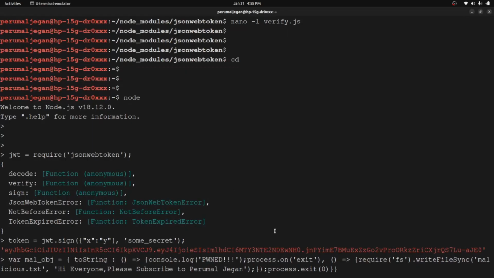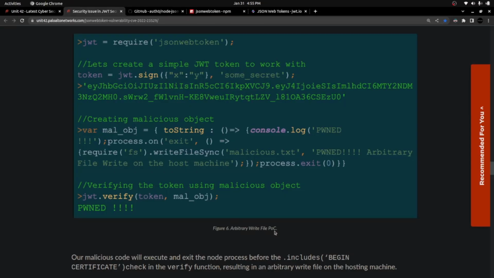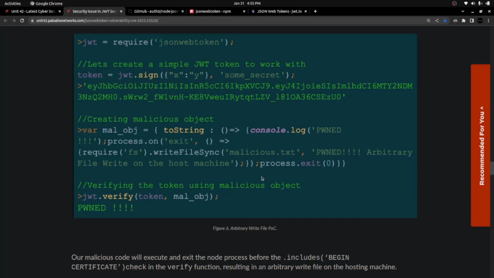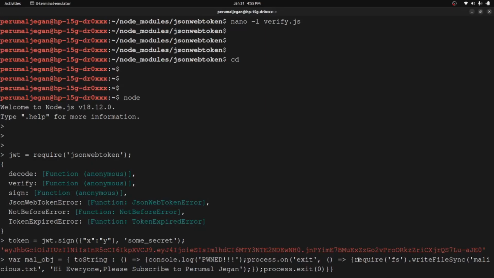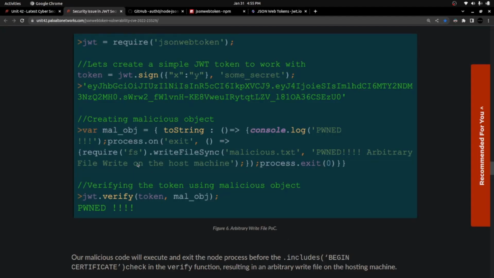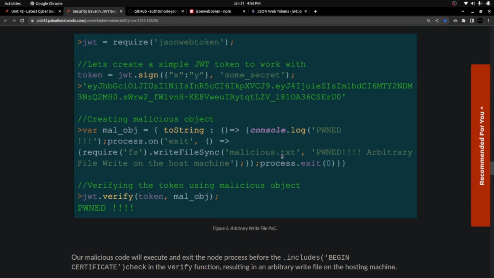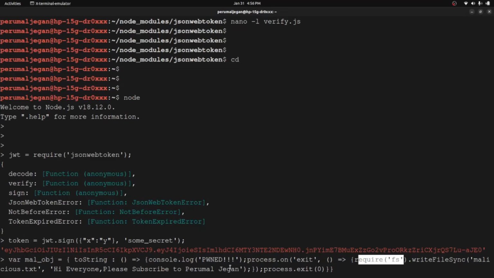Okay, I made a small mistake here. I shouldn't have added that bracket after exit. After exit, there is one more empty bracket, redirection, require fs.writeFileSync, and within that malicious.txt is one argument and the file content is the next argument. Closing the bracket,